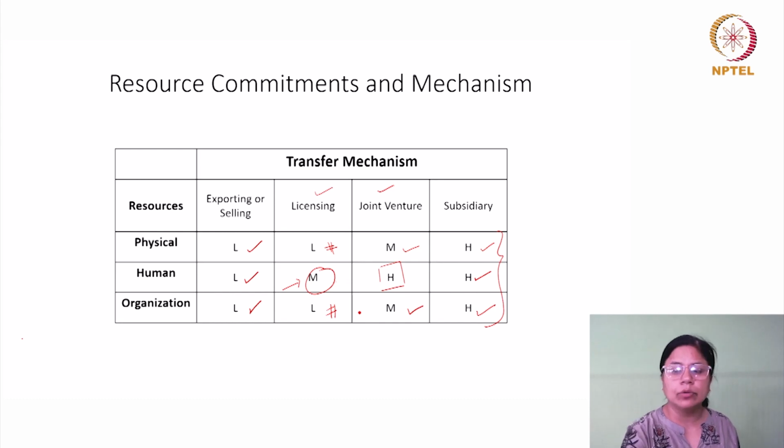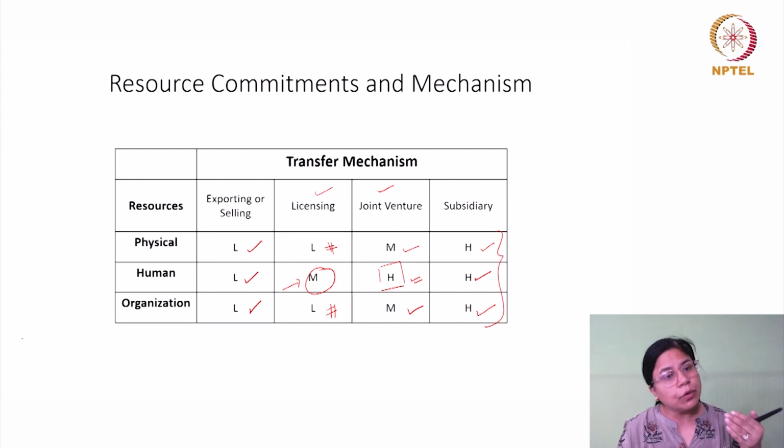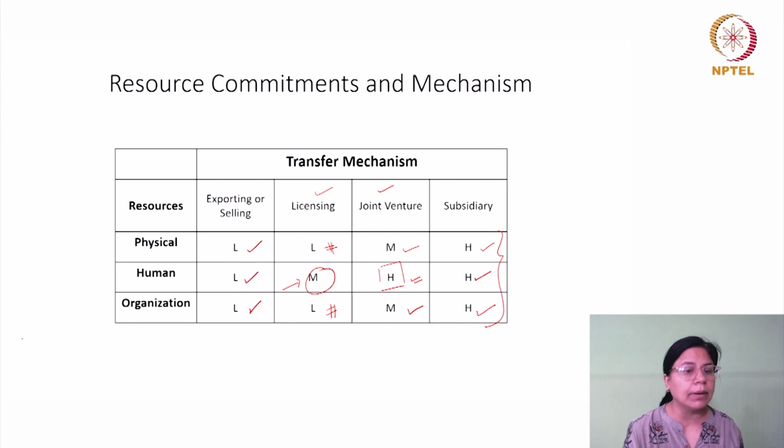So clearly there might be more involvement in terms of researchers and scientists. They also have to come to the host economy and learn the specific characteristics of that host economy in order to find solutions. They can learn that only through the collaboration they build with the host economy scientists and researchers. So that engagement, that interaction, would be rather large. Now why these things become important is, from the point of view of the host economy, you will realize that a high engagement or high resource commitment from the physical, human and organizational point of view will effectively mean a better transfer of technology, right?